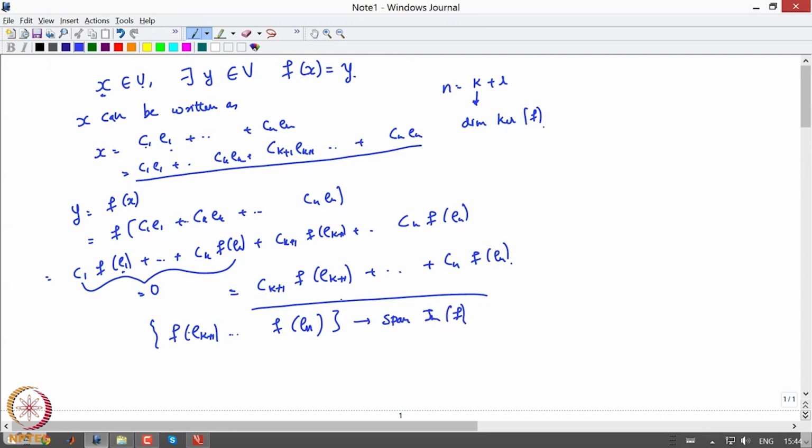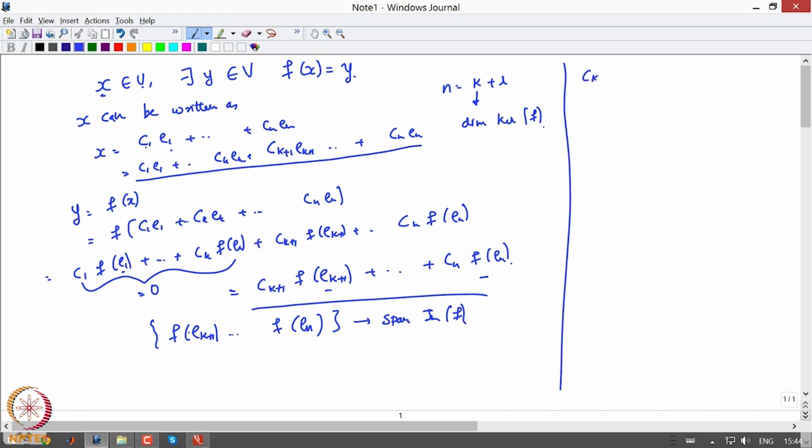So, we also in a way have to ensure that they are linearly independent, to preserve the dimension. So, let us assume for a moment that they are actually linearly dependent, which means that